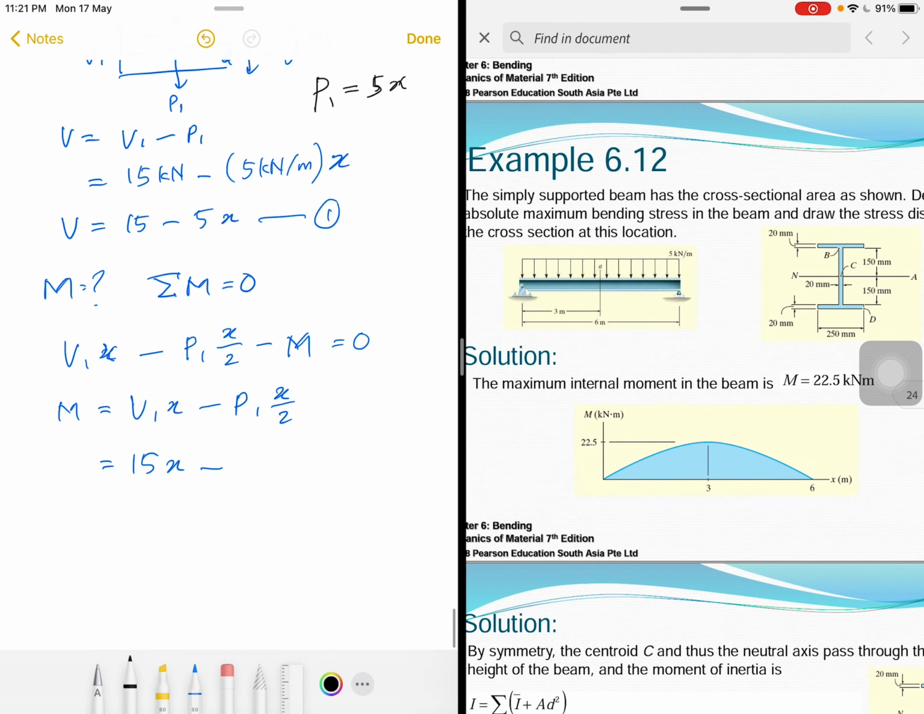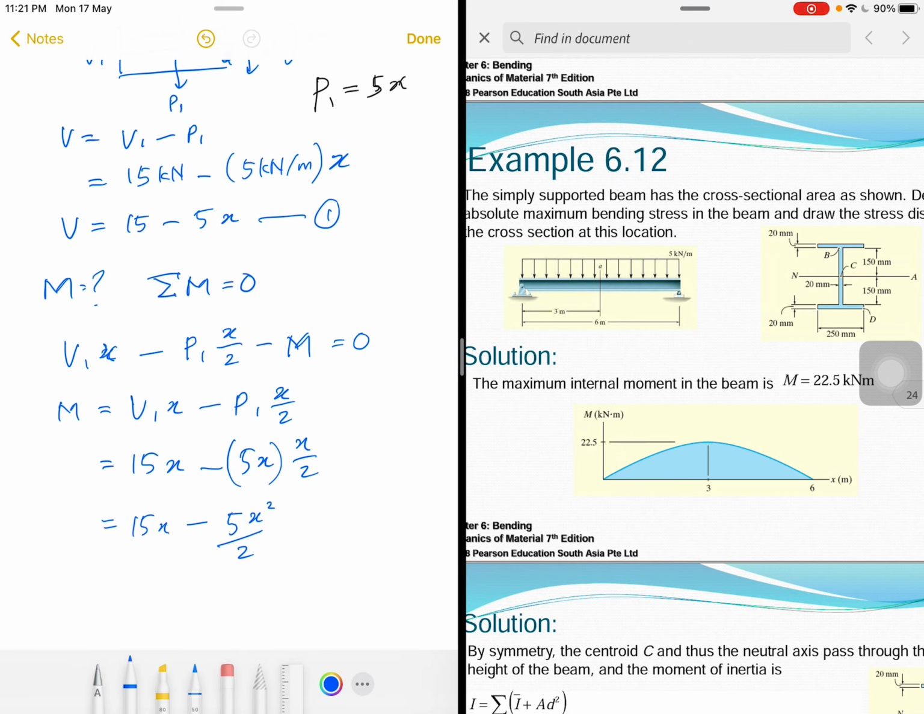Okay, so P1 is 5x. So I need to change color again. 5x times x over 2. So 15x minus 5x square over 2. Okay,